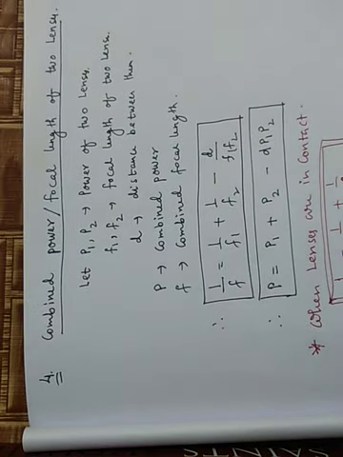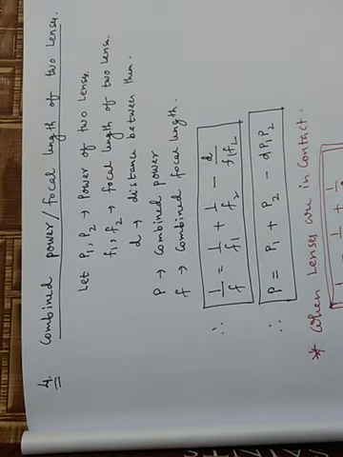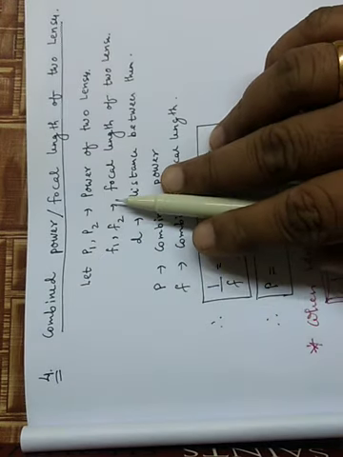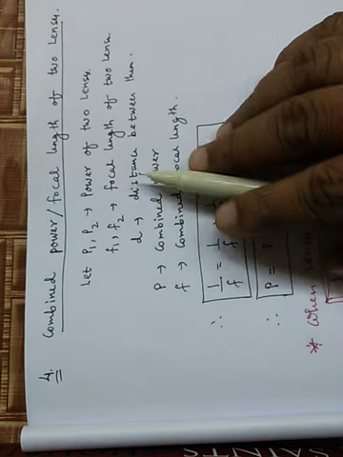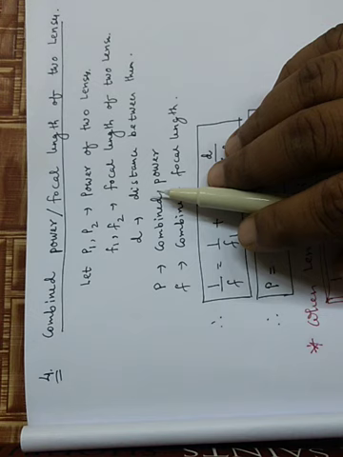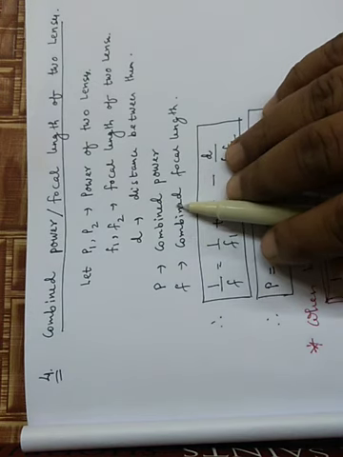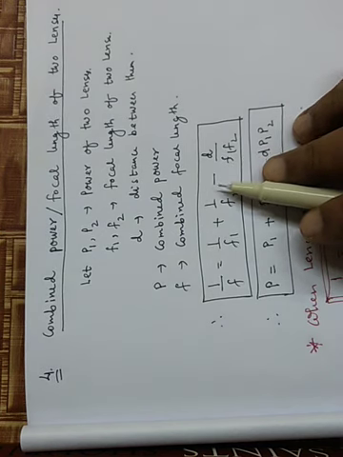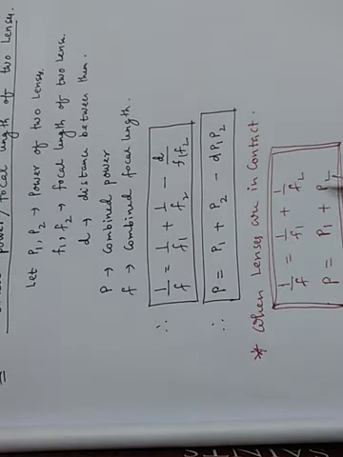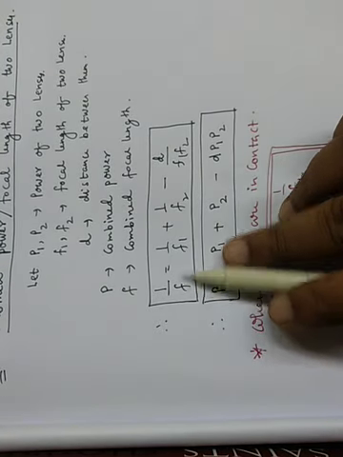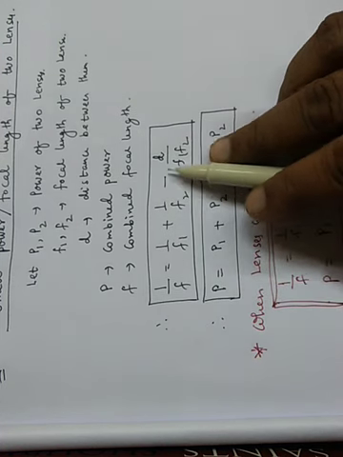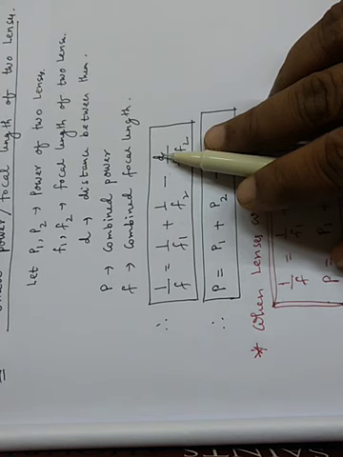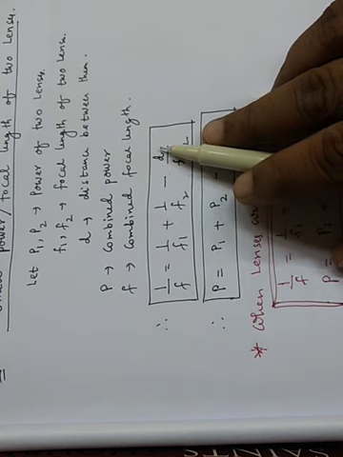Now there is another formula for you. We have to discuss the combined power and focal length of two lenses. Let P1, P2 be the powers of the two lenses, with corresponding focal lengths F1 and F2, kept a small distance d apart. Now we have to discuss their combined power and combined focal length. Its formula is derived in this manner, but no derivation is in your syllabus. In higher classes you should derive it. Remember the combined focal length formula: 1 by f is equal to 1 by f1 plus 1 by f2 minus d divided by f1 into f2. Here d is the distance between the two lenses, optic center to optic center.